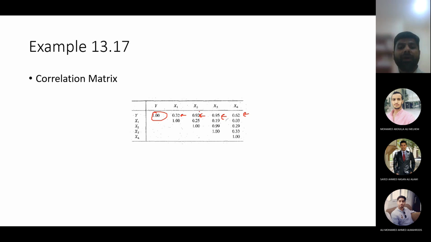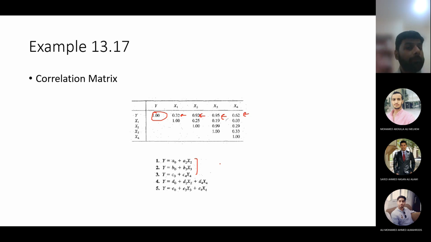So in the equation of y, I can have an equation between y and x2, y and x3, and y and x4 as well. Okay, which you can see. So these are the 3 simple linear relationships which I can have. 3 simple linear regression relationships which I can have. Okay. Now, can I make multiple linear relationships using multiple x values in the same equation? Can I do that? Let us see.